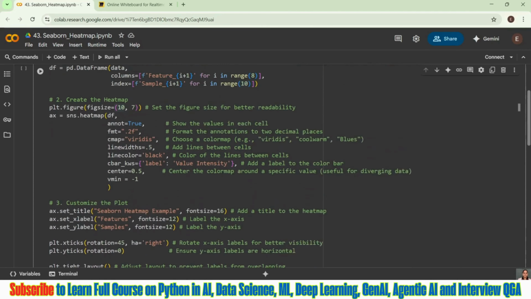You can adjust this based on your requirement whenever you are working on this. Then I am creating my axis. Here this is again a variable. Whatever heatmap I am creating, I am assigning it to a variable so that it helps me with further customization of it, because we are not only creating a heatmap.